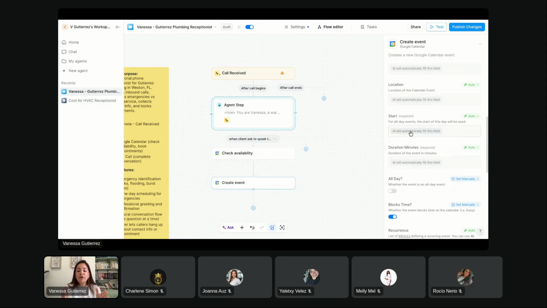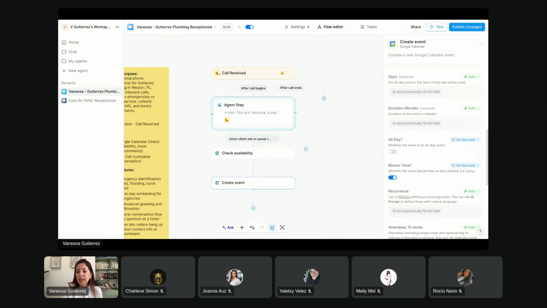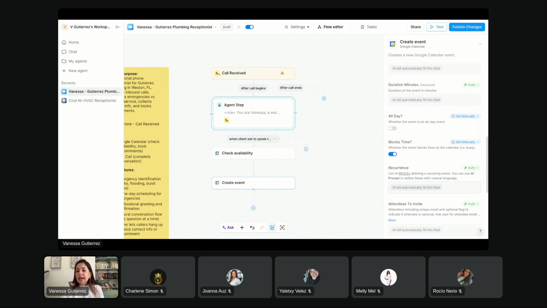Obviously, you do want to have enough time because if somebody's already working an emergency, you want to give it, I don't know, maybe max 3 hours, or however amount of time your client says that that usually takes. And they will have an approximate. And you will know all of this in their onboarding documents that you will get. So it blocks the time,